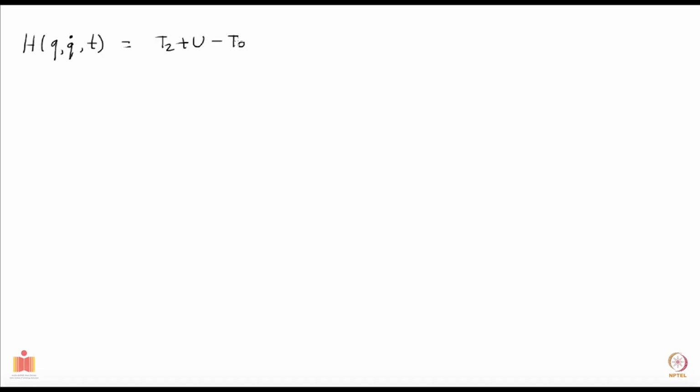Where the kinetic energy T you can write as T2 plus T1 plus T naught, and the terms T1 and T naught are present only if your transformation to generalized coordinates involves time explicitly. I hope you recall this. If they are explicitly time dependent transformations, then you have T0 and T1 as non-zero quantities, and this is what you get then for the Hamiltonian. And here U is a function of Q only, the coordinates only.